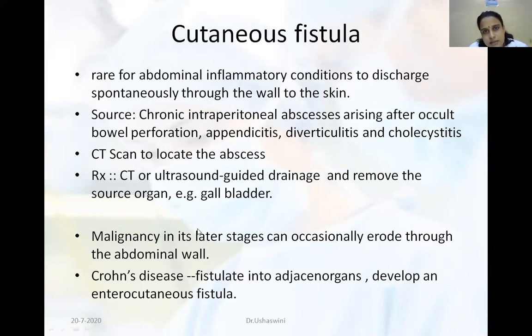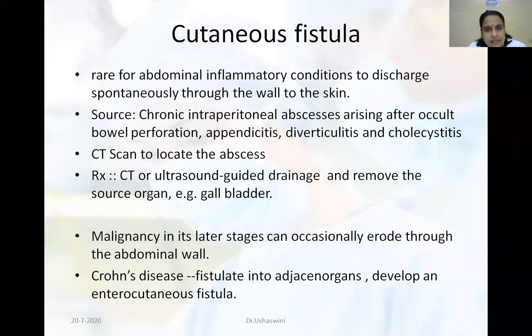Intracutaneous fistula is a completely different, special entity on its own, which will be discussed when we talk about the intestines, usually the small intestines. You will hear about it with better understanding then. So I'm not discussing intracutaneous fistula right now. That's a very important special topic that will be dealt with later on.